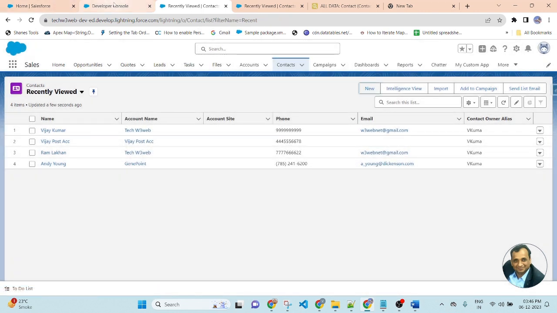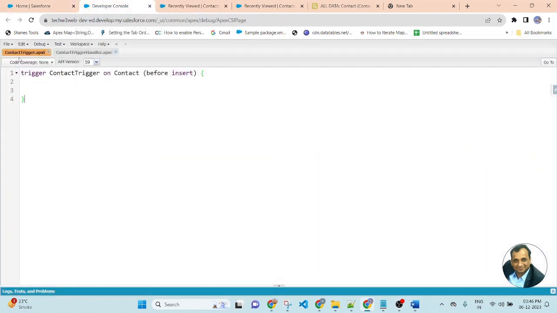So now let's jump to my developer console, where this is the contact trigger. So friends, if you are creating an Apex trigger in Salesforce, there are seven types of action events in a trigger: before insert, after insert, before update, after update, before delete, after delete, and undelete.